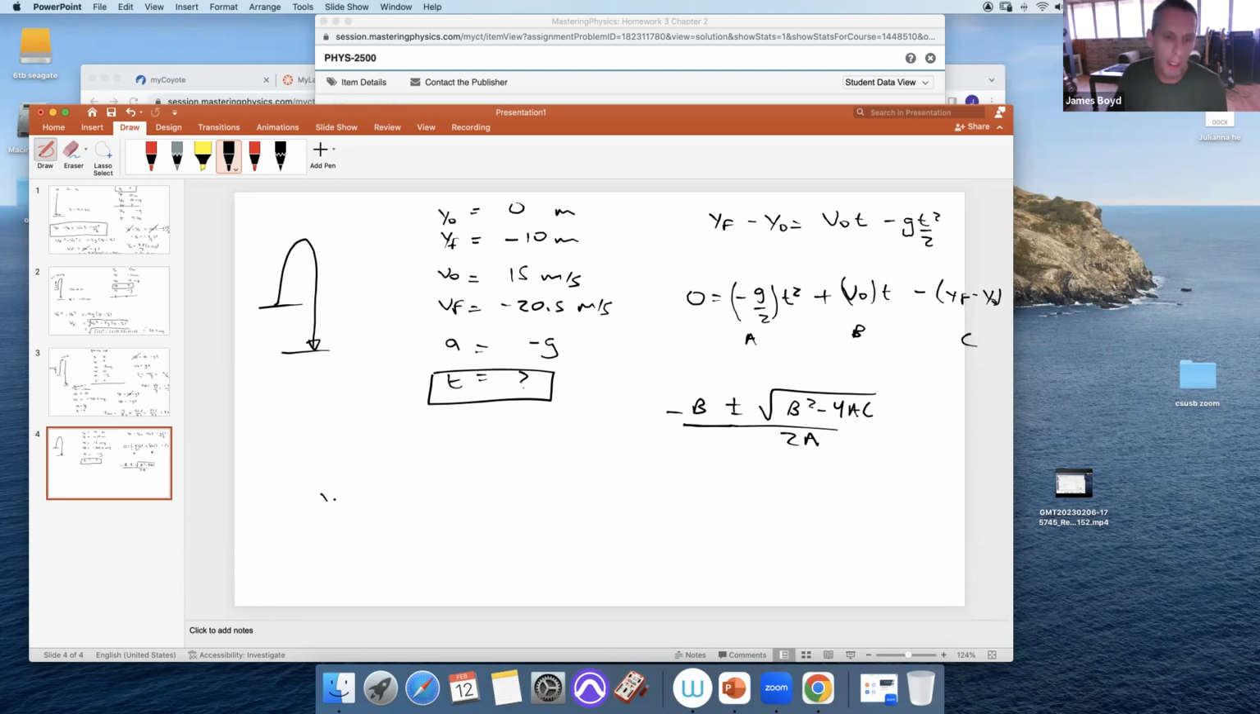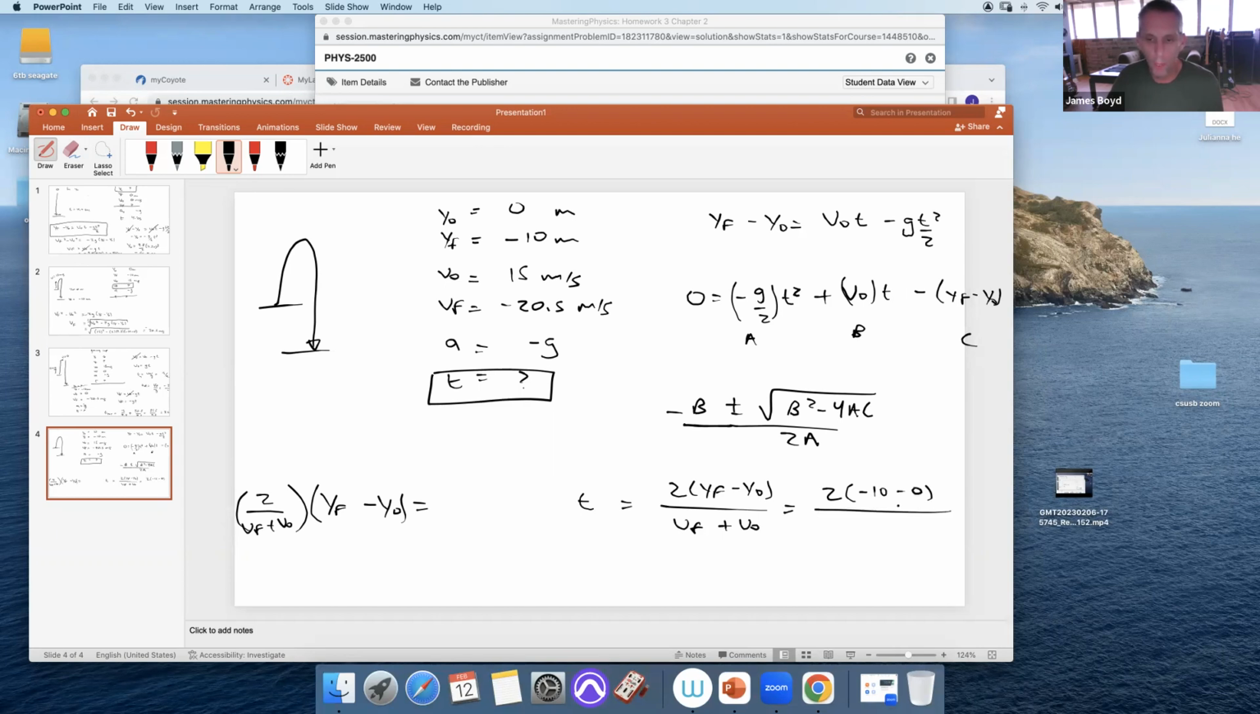However, since we have these, the one equation that we almost never use actually is useful here. So multiply both sides by 2 over v final plus v initial, and that will get rid of this. And so our time is 2 times y final minus y initial over v final plus v initial, which is 2 times negative 10 minus 0 over negative 20.5 plus 15. Make sure you do your algebra right. You get negative 20 over negative 5.5, which is 20 divided by 5.5,